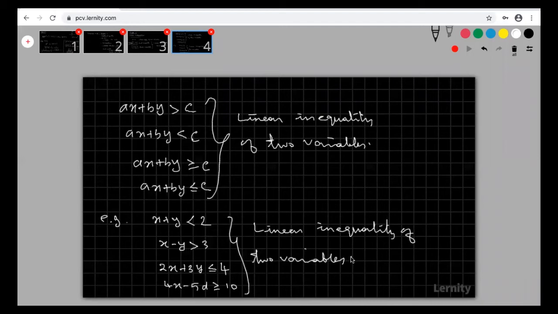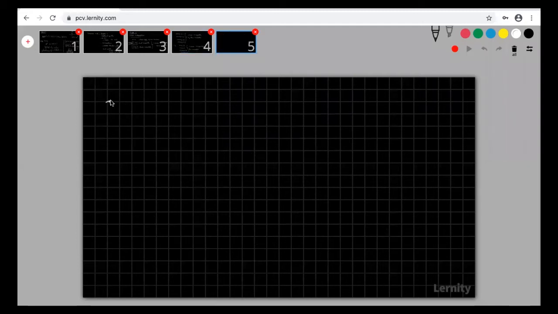Similarly, we can go for three variables, four variables also, but in our syllabus, in plus one and plus two, we are going to discuss only linear inequality of one variable and two variables. Right now, look at that. Sometimes this may be given as ax square plus bx plus c greater than 0, not equal to 0. Equal to 0 means this is an equation, a quadratic equation. So ax square plus bx plus c is less than or equal to 0.